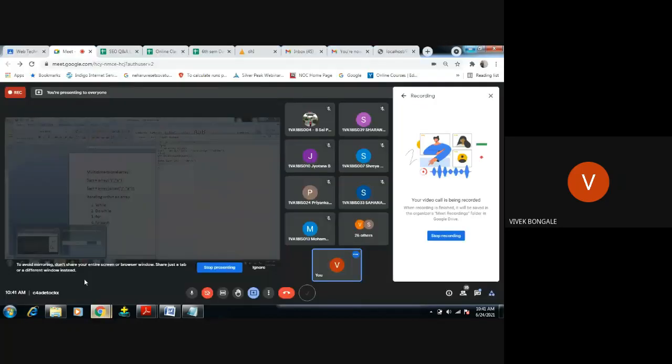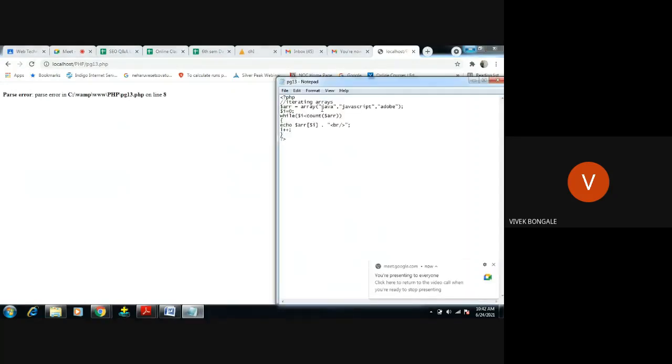Okay. Go to program, your localhost. Okay, array is correct, $I is 0 is correct, while $I less than count of $ARR is correct. Okay, then echo $ARR of $I dot break increment, everything is correct now.